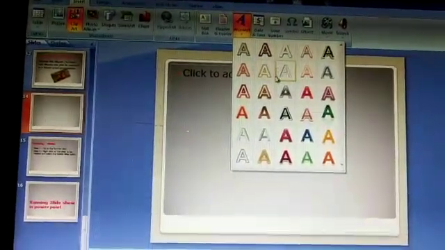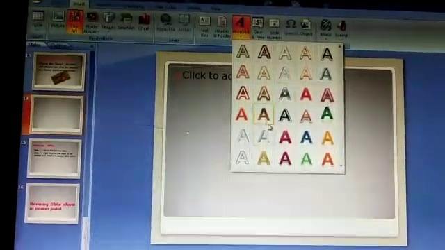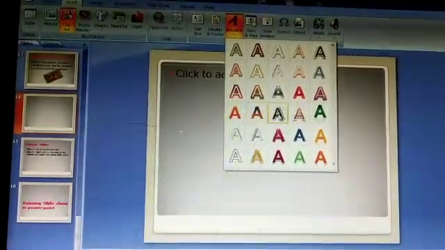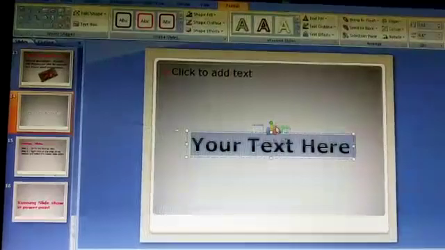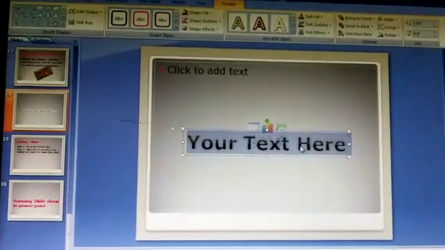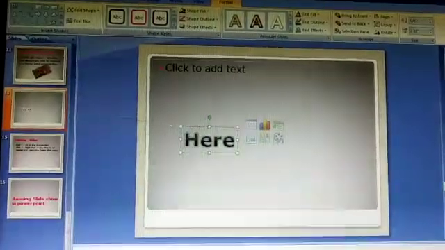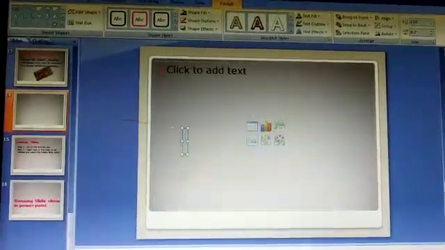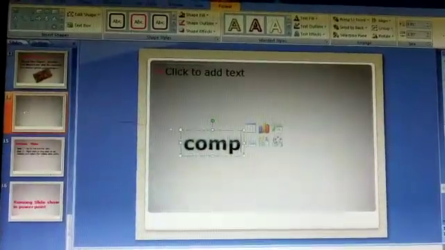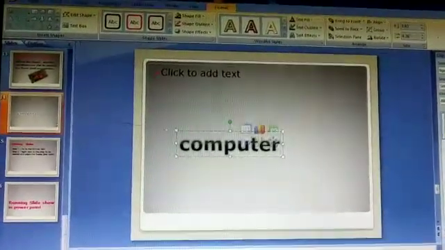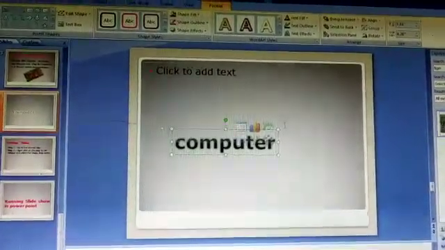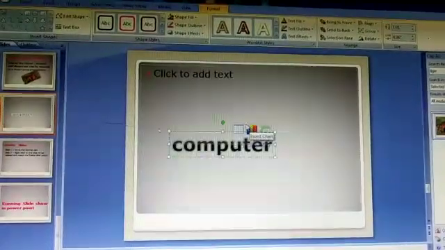Choose any one, whatever you want, and write. I have written computer.